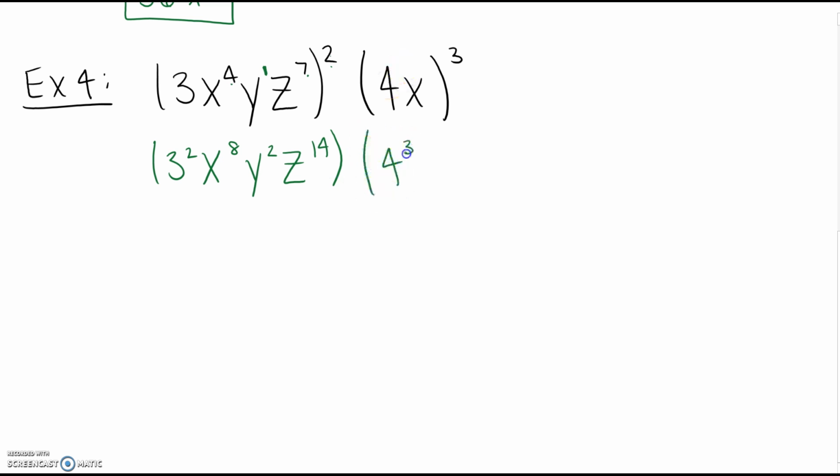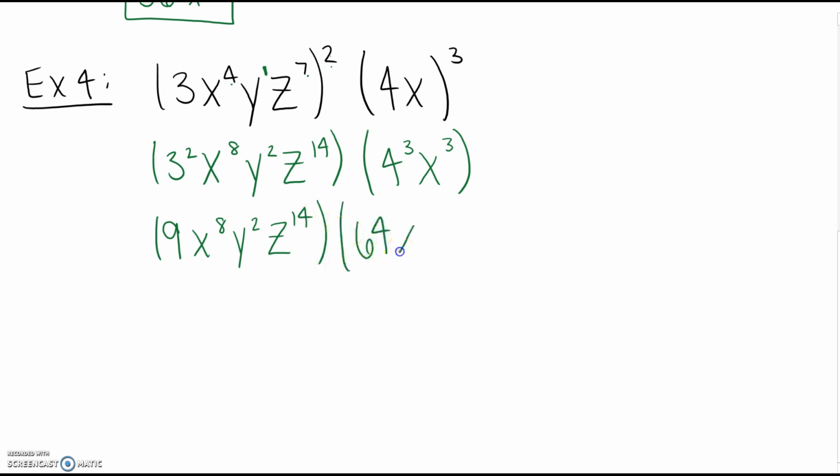So we've got 4 cubed and x cubed. At this point we can simplify. So 3 squared is the same as 9. 4 cubed is the same as 64. That's one you guys probably should know without a calculator. And then 9 times 64 is